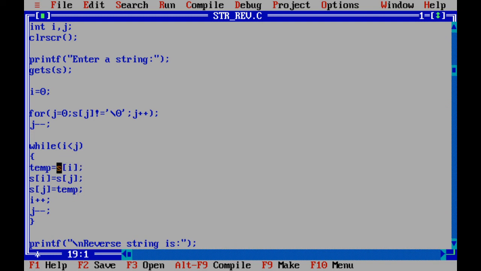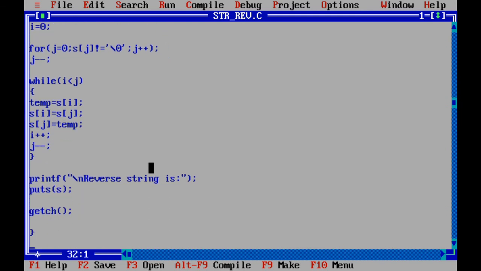After exchanging, make i plus plus and j minus minus, and repeat the same task till i is less than j. Due to this, first and last are interchanged, second and second last are interchanged, third and third last are interchanged, and this continues till i is less than j. So the whole string will be reversed, and after this operation is completed, print the reversed string.